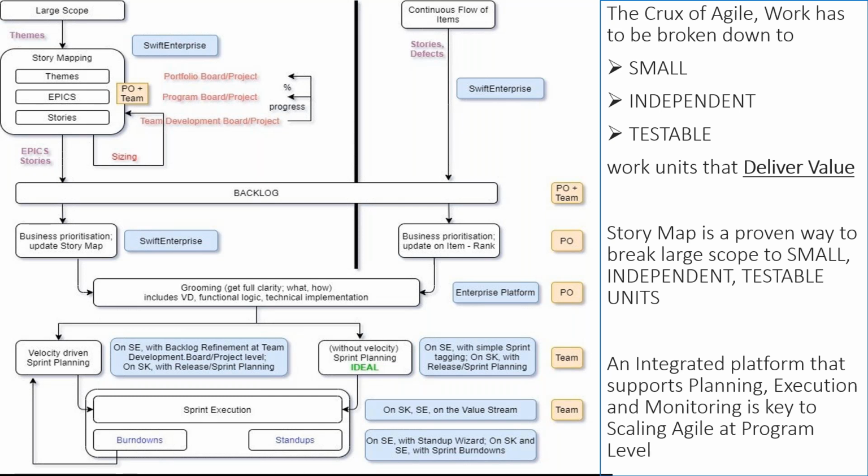Apart from having the story map, once the story map enables you to break this work into smaller units, it gets distributed to teams. The team should also have an ability to view the objective of the program, and then based on that objective and based on the prioritization of the program, the team should also be able to plan the work that has been assigned to them. They should also be able to execute on that work which they have planned, and then